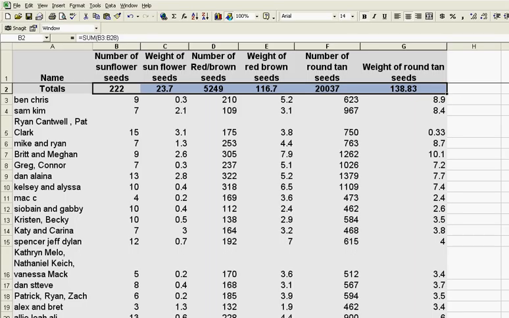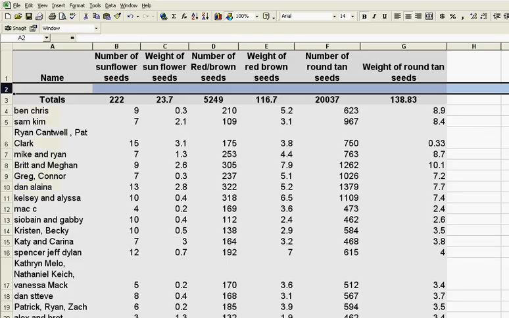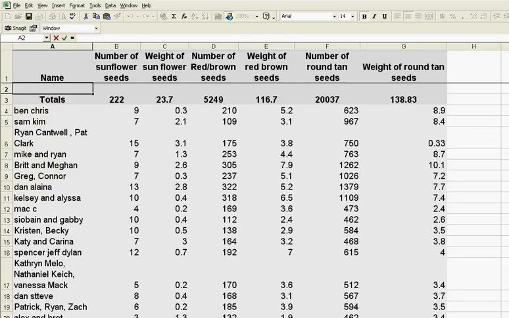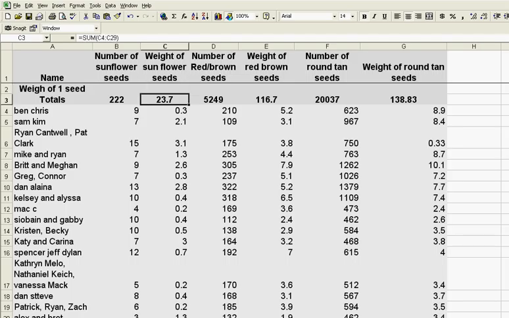First thing I want to do, and I think I'm going to do this on the top of this page, is insert. I'm going to put here weight of one seed. So we're going to use this to calculate the weight of an individual seed. All right. So I'm going to say, well, if the sunflower seeds weigh 23.7 grams,